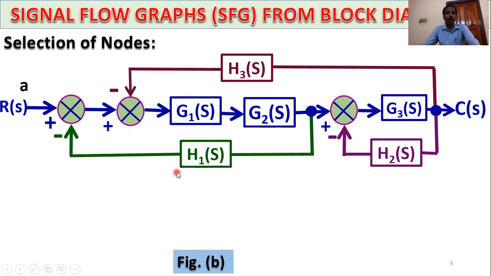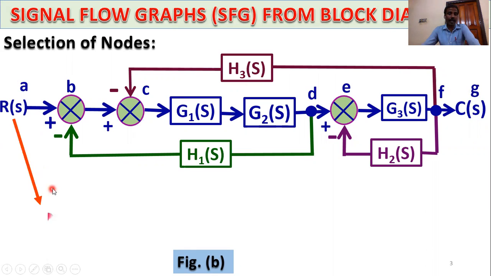So selection of nodes: R(s) node A, first summing point node B, second summing point node C, first takeoff point node D, third summing point node E, and second takeoff point node F, and the controlled output node